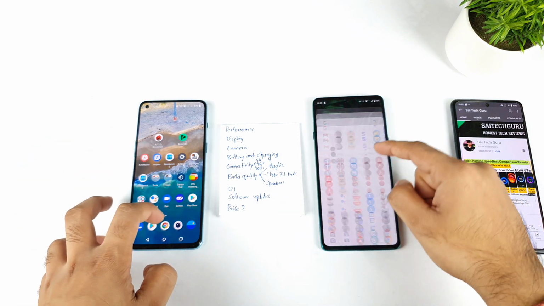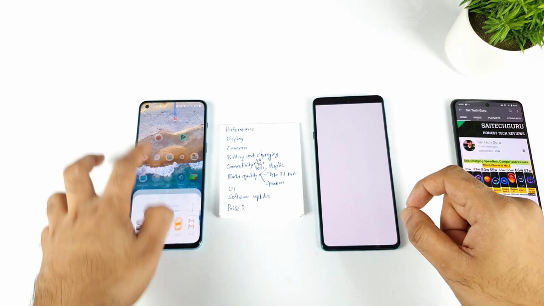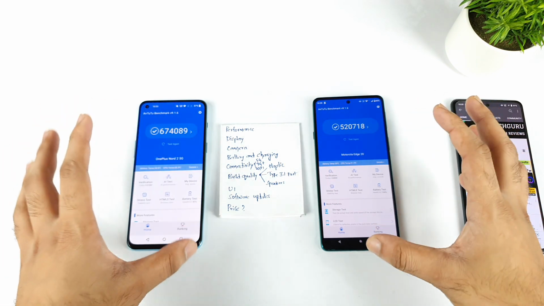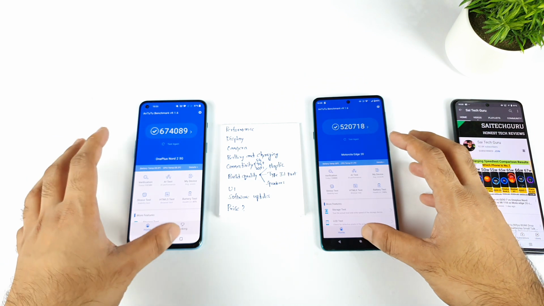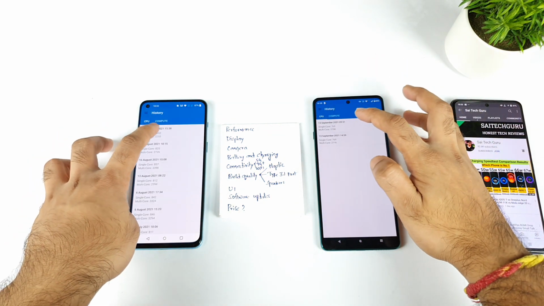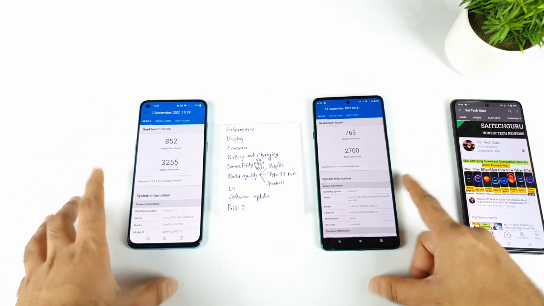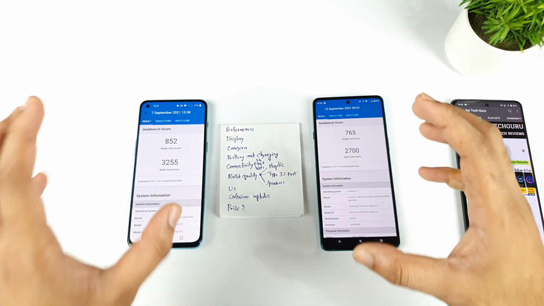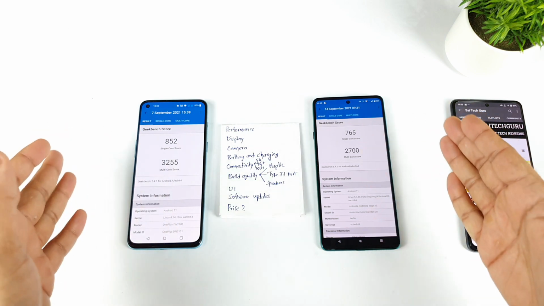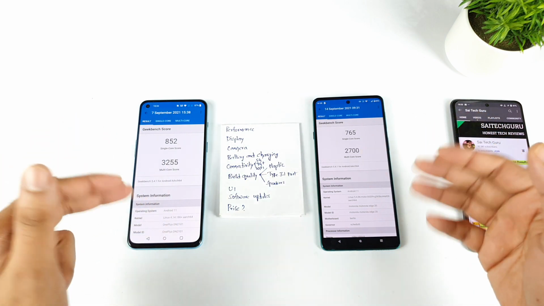First, in terms of performance, the OnePlus Nord 2 has the Dimensity 1200 chipset, whereas the Moto H20 has the Snapdragon 778G chipset. If you look at the benchmark score, there is a huge difference between both phones. If you look at the Geekbench scores as well, you get a huge difference between both devices in terms of performance scores. As you can see, multi-core, how much difference there is. This benchmark gives you a basic idea of what is happening between these two phones in terms of performance and processing levels.